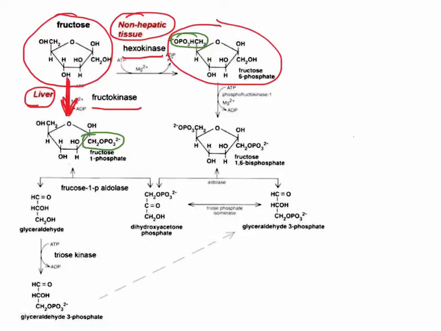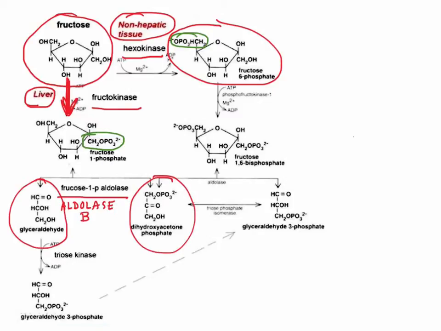In glycolysis, we make fructose 1,6-bisphosphate and split the molecule to 2 triose phosphates. But in fructose metabolism, instead we split fructose 1-phosphate. And this is a special aldolase enzyme called fructose 1-phosphate aldolase, or aldolase B. The product is dihydroxyacetone phosphate and glyceraldehyde rather than glyceraldehyde phosphate. There is an enzyme triose kinase that can phosphorylate glyceraldehyde to glyceraldehyde 3-phosphate. So now we have the two normal products of glycolysis.